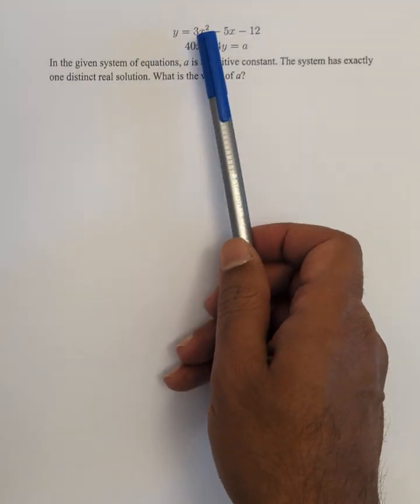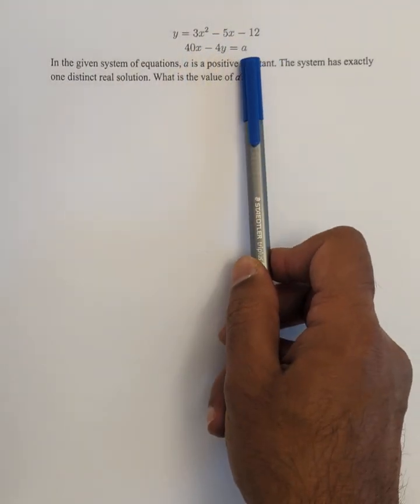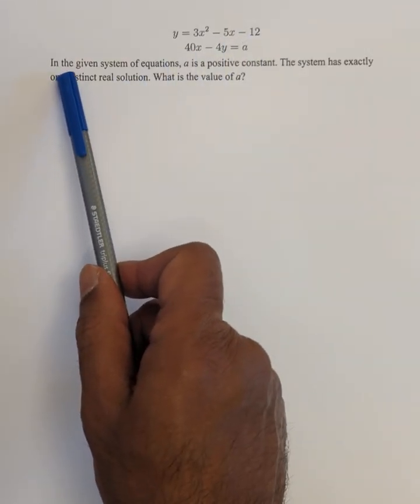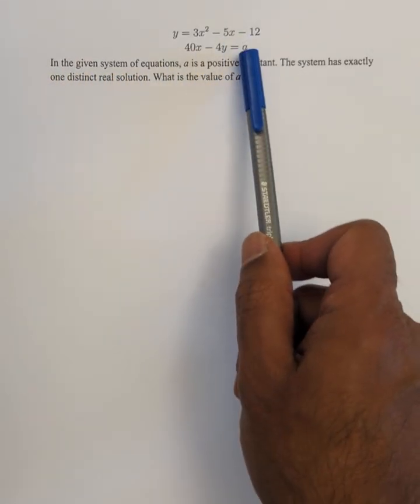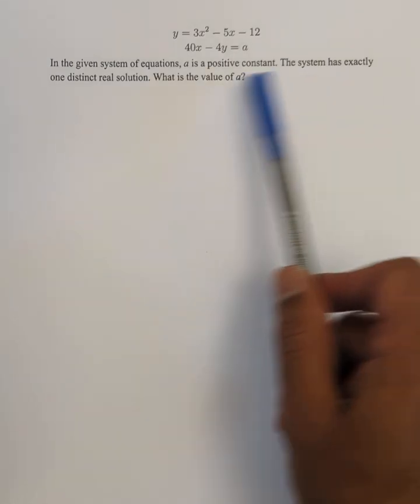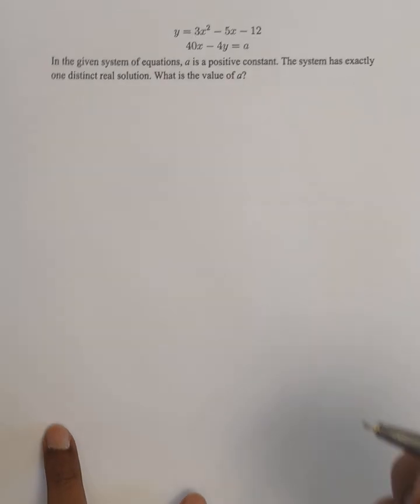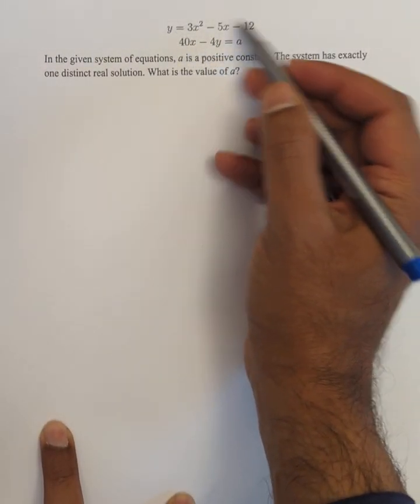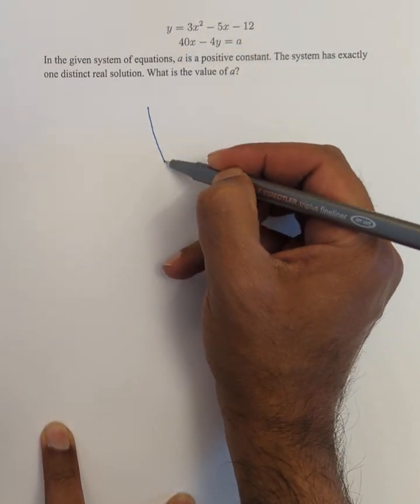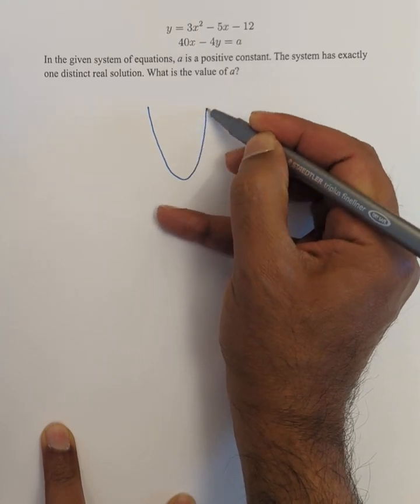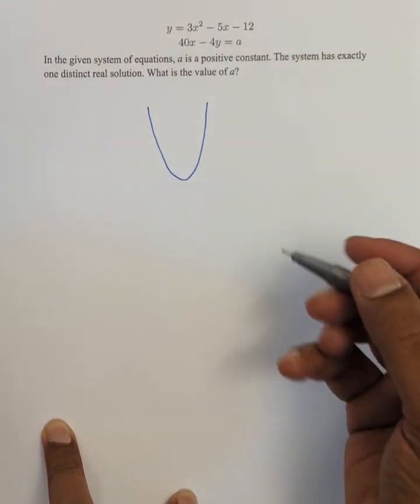We are given a quadratic function and a linear function. And it says in the given system of equations, A is a positive constant. The system has exactly one distinct real solution. So what it means is this is a quadratic function, so its graph is going to be a parabola. And this is a straight line, which means